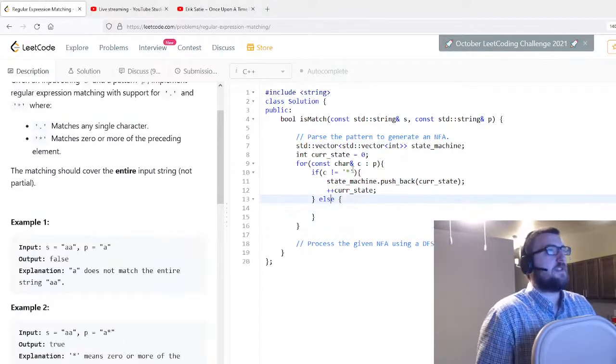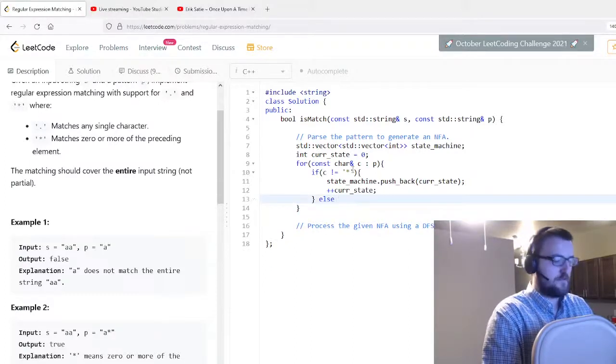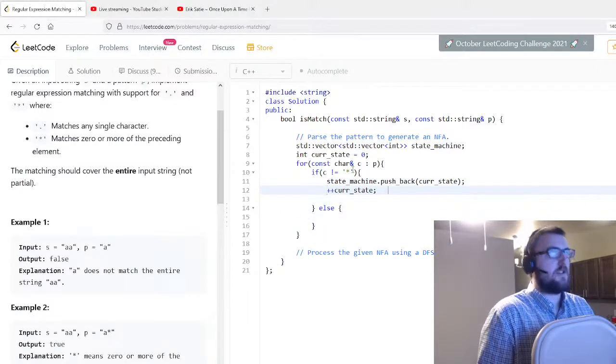Otherwise, what we do if it is an asterisk. It's not an asterisk, then you have,